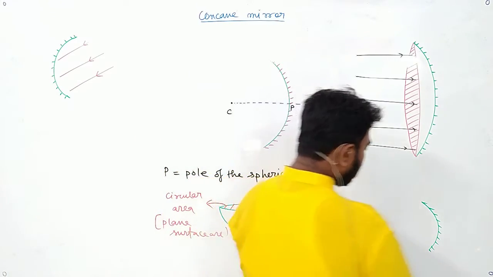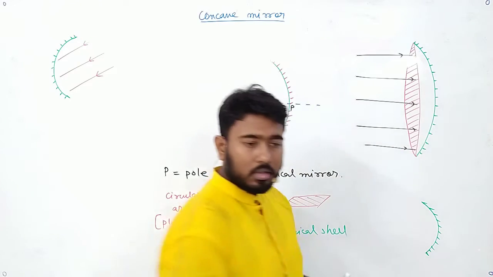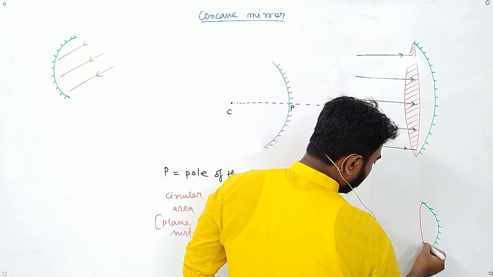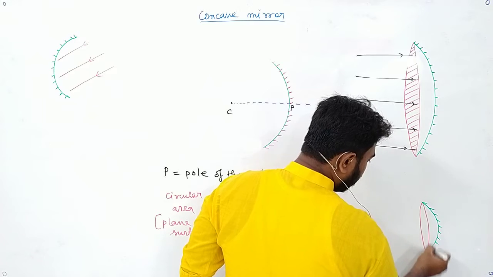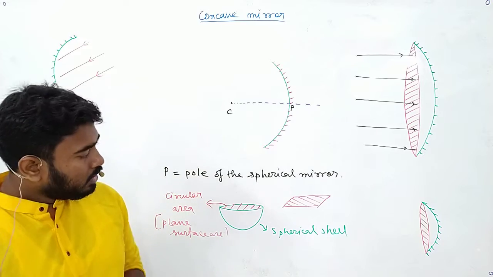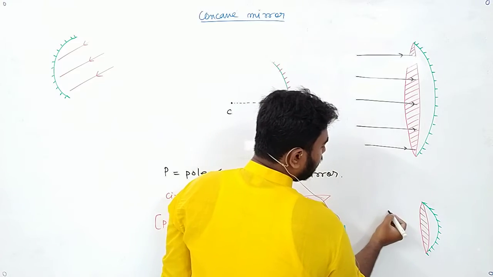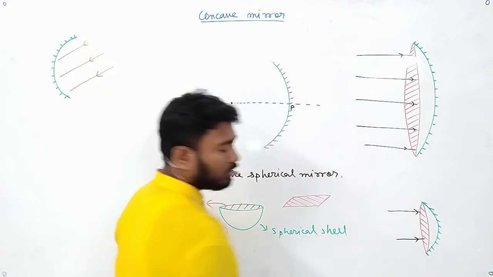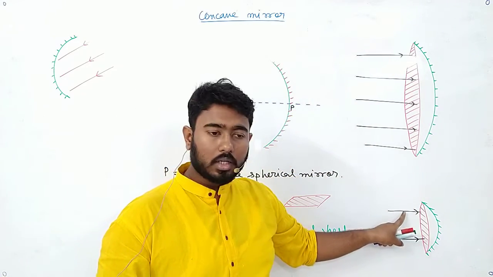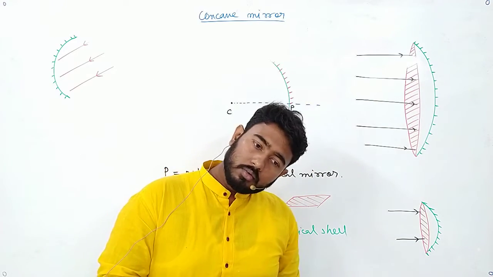Now let us go into this one. So we have drawn a mirror in this way. This is a mirror, right? Now, if I draw an area on this mirror, will this area look like this one? Yes. Now, if you draw an area so small, then less amount of light will get through it. In the above area, 1, 2, 3, 4, 5 light rays are getting through. In this area, 2 light rays are getting through. So which is having a larger aperture? The top portion. So you got the idea of aperture clear?